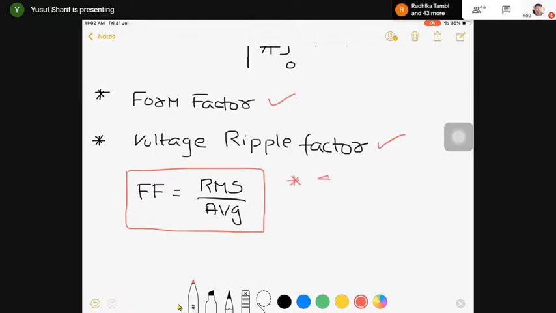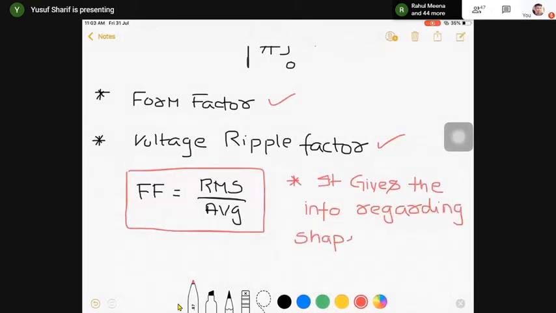It gives the information regarding the shape of waveform. Is this clear? So just remember this, because many times in interviews and in some vivas they ask this